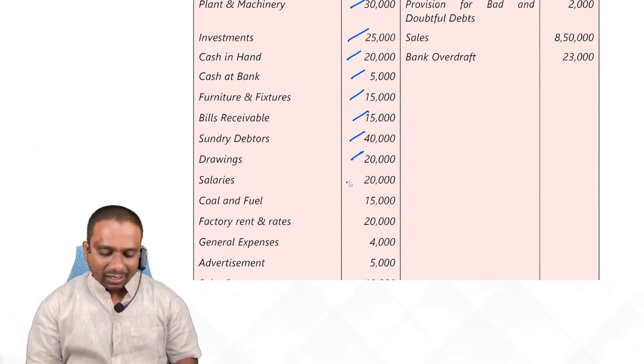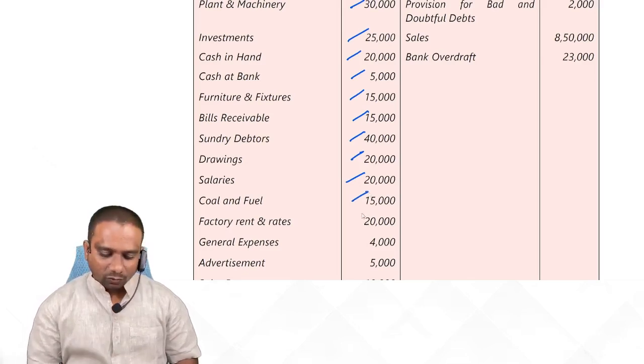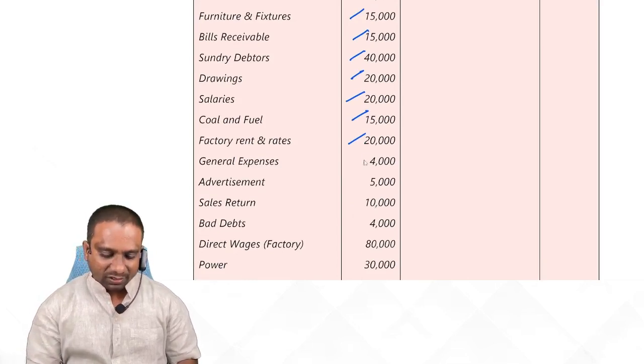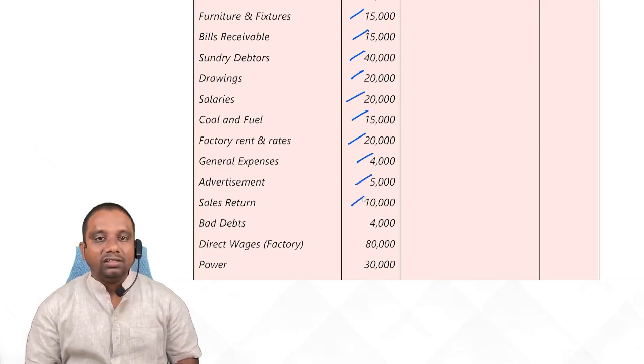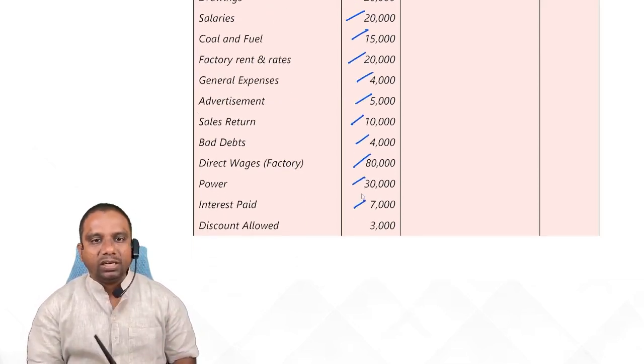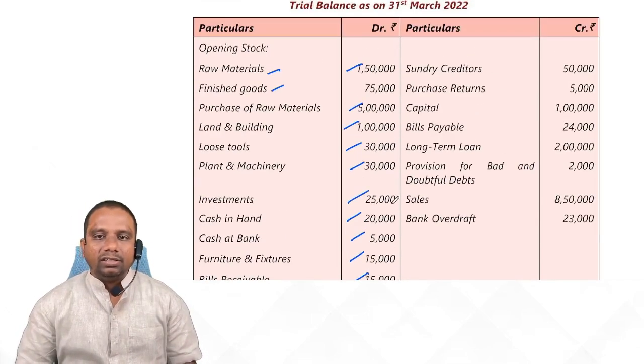capital, salaries P&L account debit, coal and fuel. Coal and fuel taken to the manufacturing account, factory rent and rates taken to the manufacturing account, general expenses P&L account debit, advertisement P&L account debit, sales return deduct from sales, bad debts debit to P&L, direct wages factory manufacturing account, power manufacturing account, interest paid P&L account debit, discount allowed P&L account debit, sundry creditors balance sheet liability, purchase